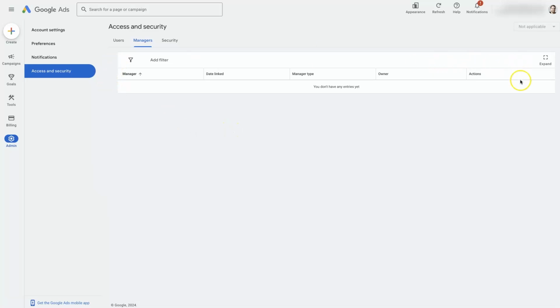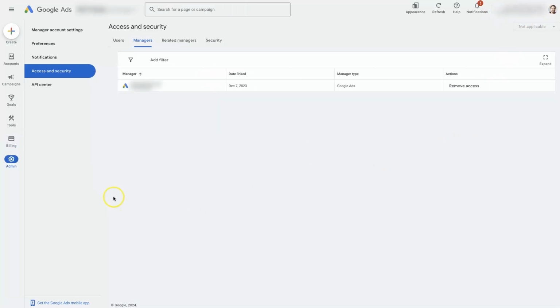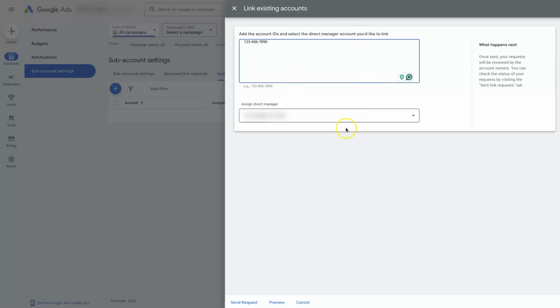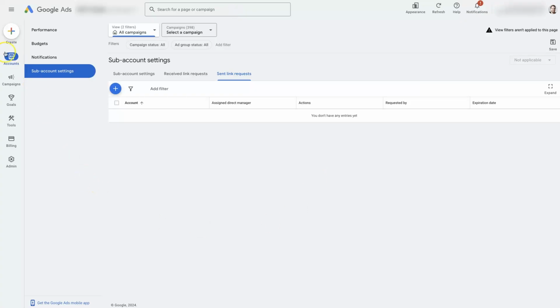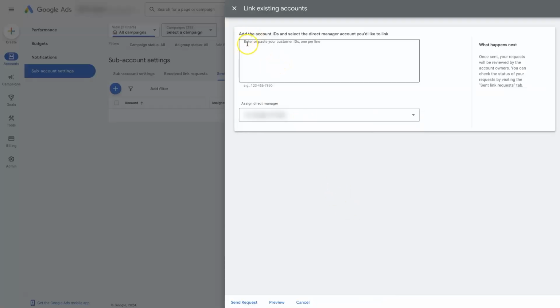But you'll see that there's nothing that can be done in here. So what you'll do is you'll take your Google Ads ID number from the top right corner up here. You'll give that to the Google Ads agency, and they'll go into their manager account, and they can come in and go to their accounts, sub-account settings, click on this little plus button, and click link existing account, and then they can put your Google Ads ID number